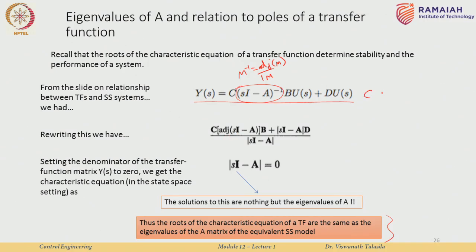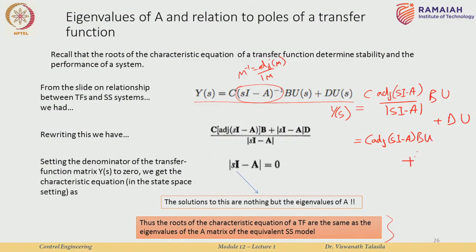So, this becomes C adjoint of (sI minus A) divided by the determinant of (sI minus A), alright. You multiply with B, U and add the D U over here. So, this entire thing is equal to Y(s). Now, just do a simplification over here. So, this becomes C adjoint (sI minus A) B U plus, this term now goes onto the right hand side, the determinant of (sI minus A) D U, whole divided by the determinant of (sI minus A),